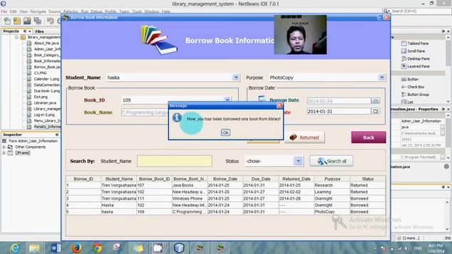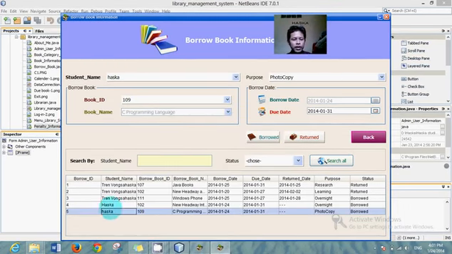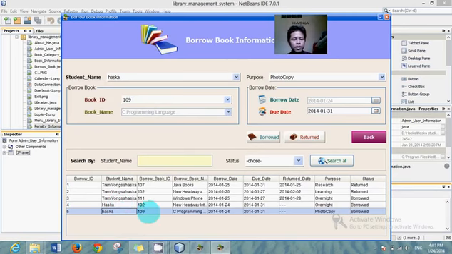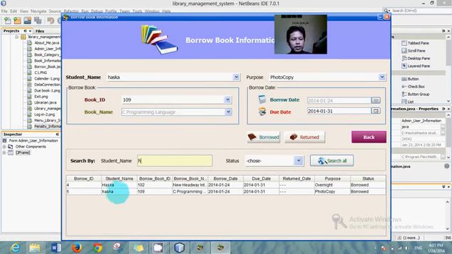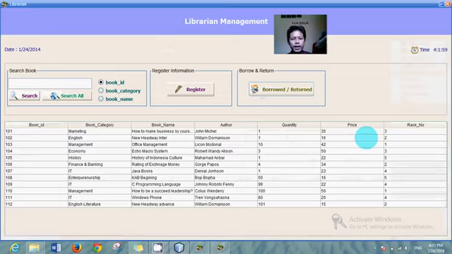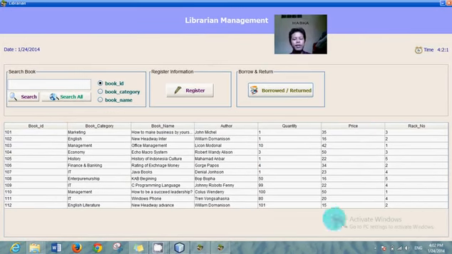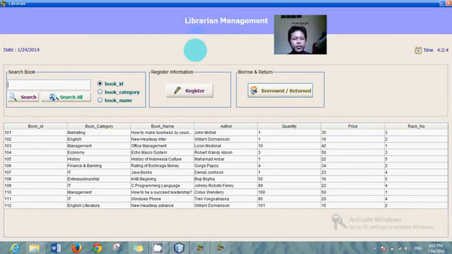Okay, and we show you the message that now you have borrowed one book from the library already. Yes, and we show your name in the table list of borrowing books. You can also search Haska, and when you write it, we can show Haska who borrowed the book. Okay, and then back is for information that relates to the library management, for a librarian or user for using the library. And then we have